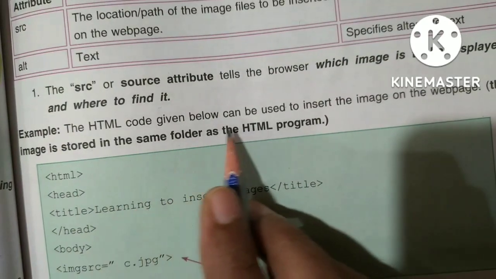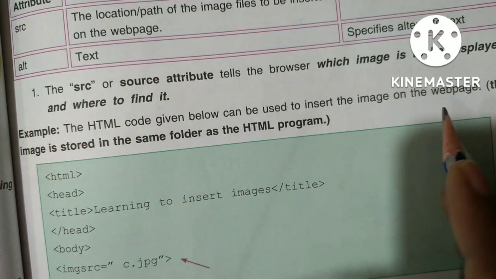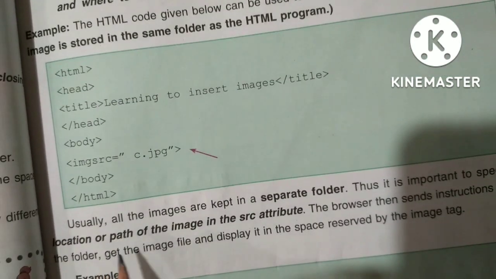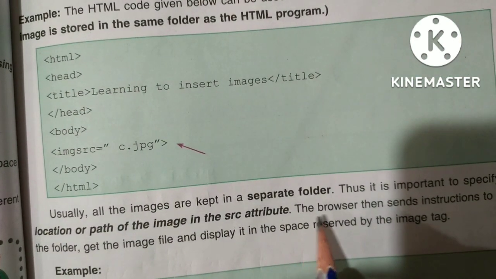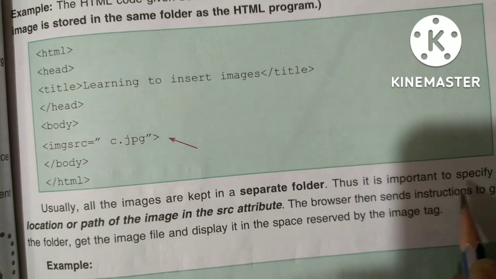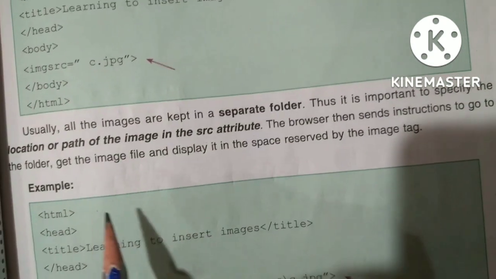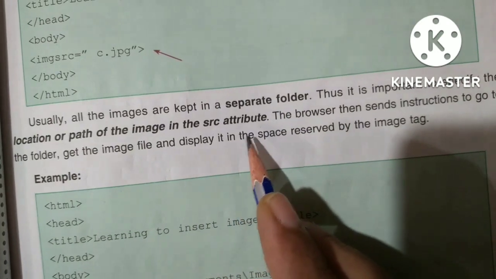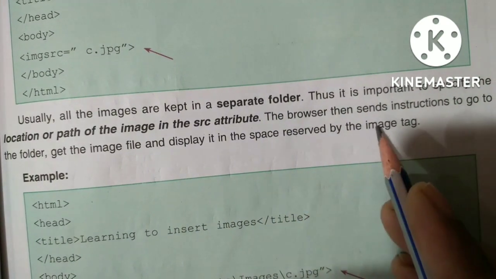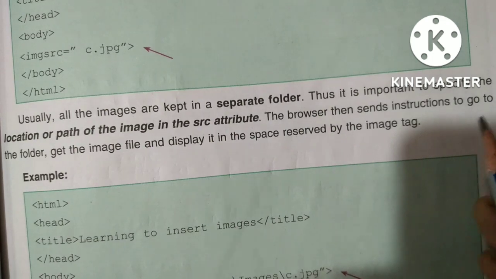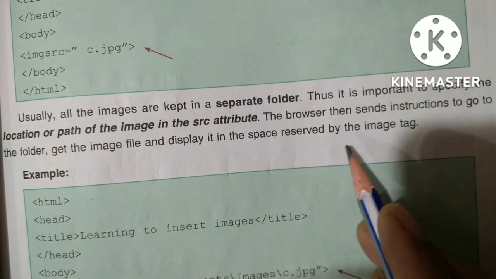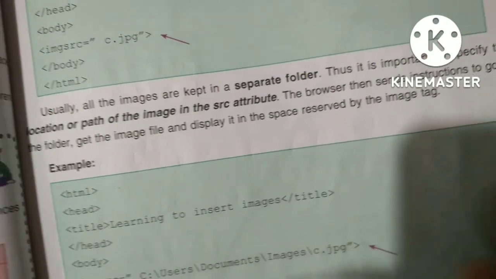The HTML code given below can be used to insert the image on the web page. Here this is a program. Usually all the images are kept in a separate folder. Thus it is important to specify the location or path of the image in the SRC attribute. The browser then sends an instruction to go to the folder, get the image file and display it in the space reserved by the image tag. Example: